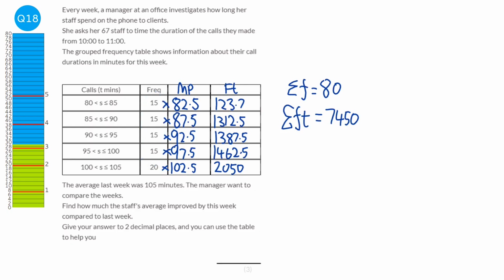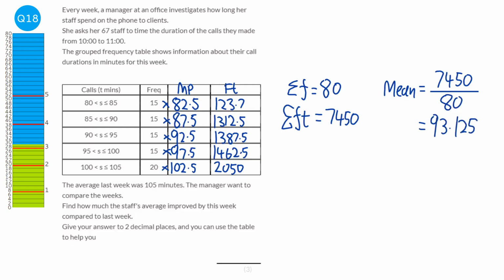So to find the mean, it's all of the numbers added together, which will be 7,450, over the amount of numbers we have, which is 80. So when you do that, we get